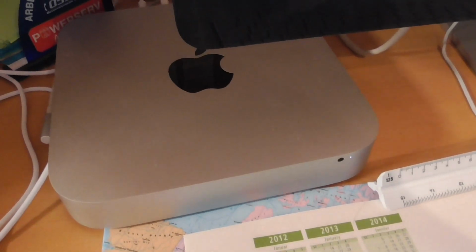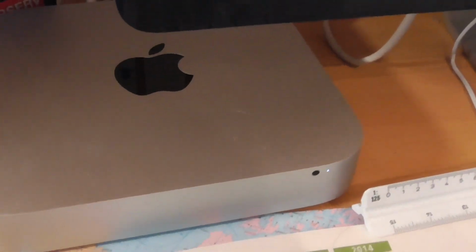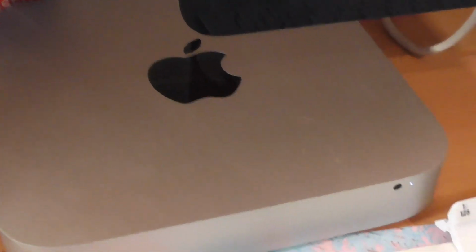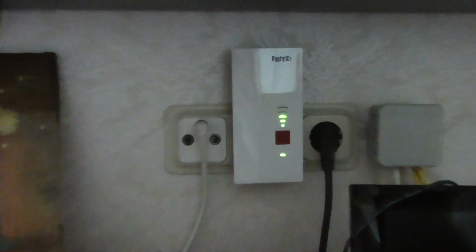The Office PC is this Mac Mini 2014 that's running 24/7. It's also being used every day and still going strong. Also plugged into the D-Link, I think. Here on the ground floor I have this Fritz repeater, which costs close to 100 euros, but